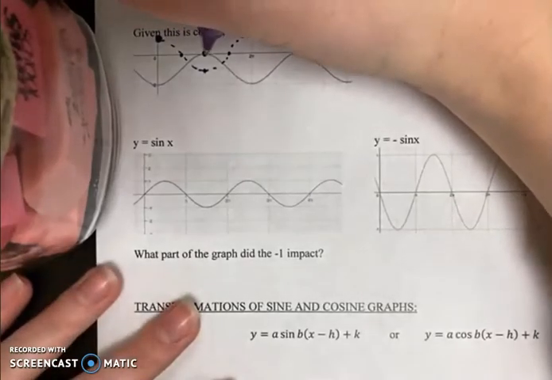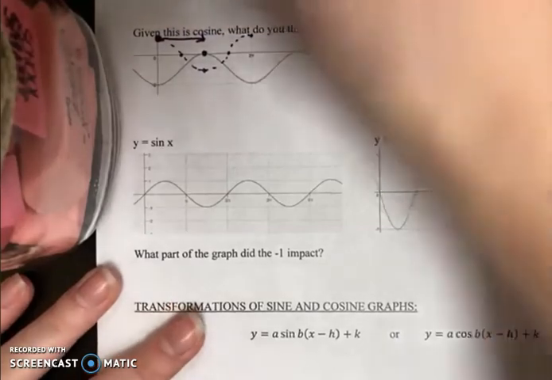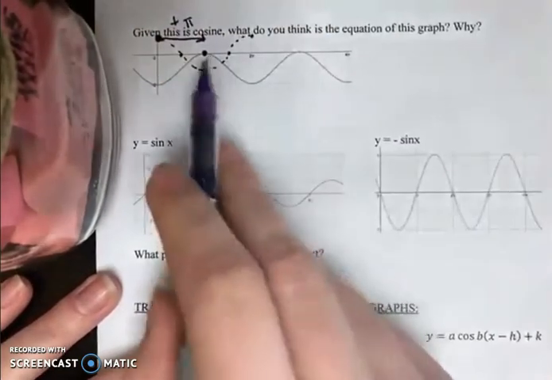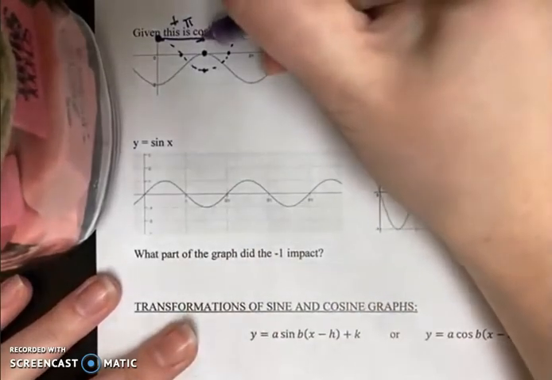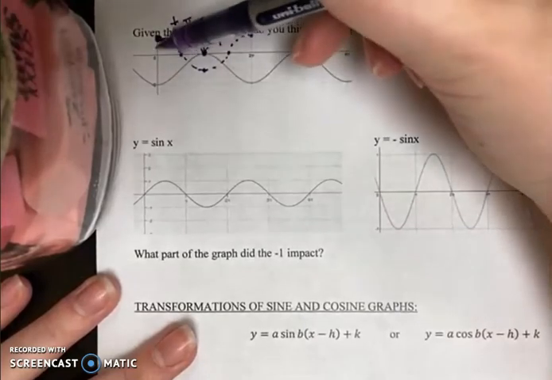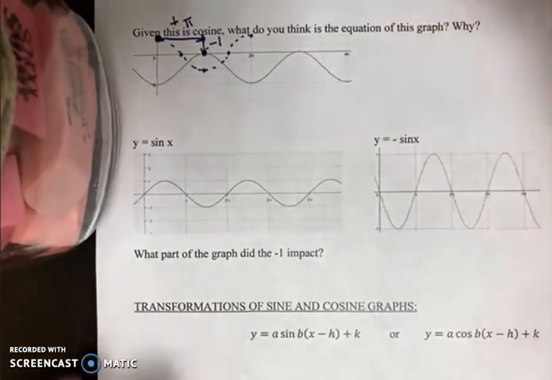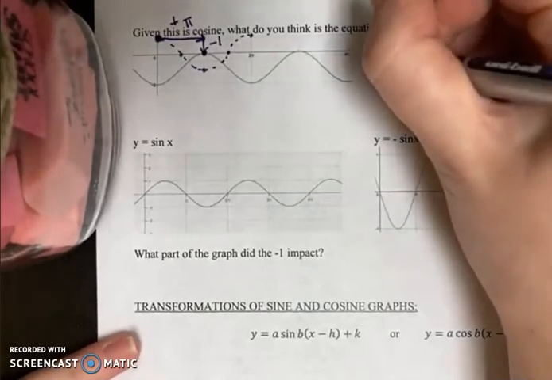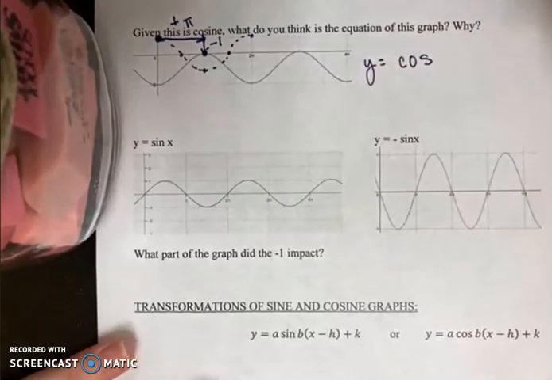So to get from this max to this max, I would have to move right, so that's a positive movement. I'd have to move right pi units, because we can see that this is 2 pi, so this is pi. And then I'd have to move down 1 unit, because I can see the scale is 1/2 since this was a negative 2. So if I were to write an equation, I'd have y equals, we said this was a cosine of